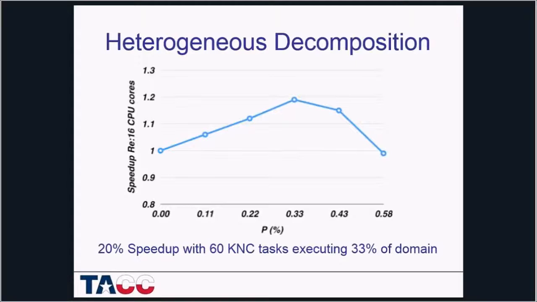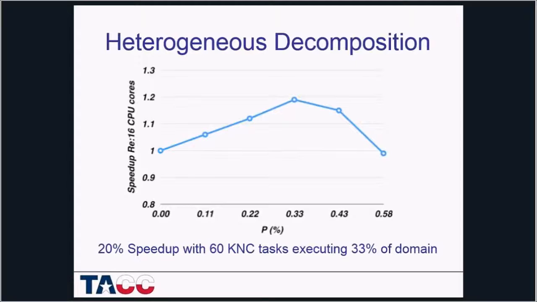You can see that in comparison to using all 16 cores, we actually get a 20% speed up, putting about a third of the domain on the Knight's Corner cards using 60 MPI tasks on the KNC. And although this seems like a lot of MPI tasks, there's almost no interprocess communication during each time step. It's only at the end of the time step that everything is resolved through MPI communication. So we were able to achieve a 20% speed up over using all of the cores in the Sandy Bridge